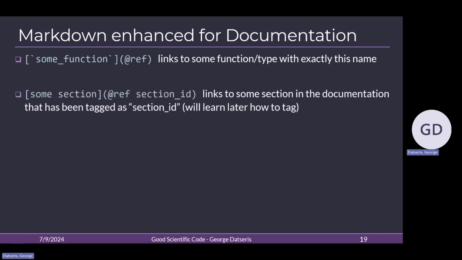The second enhancement is to refer to some section in the documentation itself, not a doc string, but some section, for example, in the tutorial. Or look at the section how to compile Julia or something in the tutorial. Then you write the name that you want to refer to, again in brackets, so we create a standard hyperlink, but now the link itself is @ref and then the ID of this section. We will learn later how to tag a section with an ID, but for now you can use this syntax